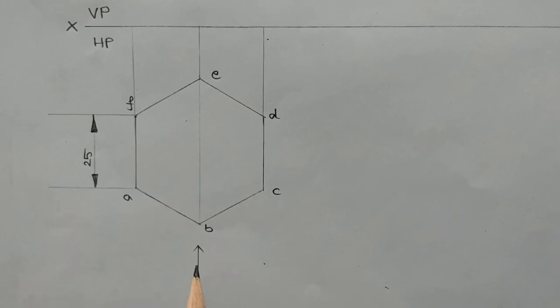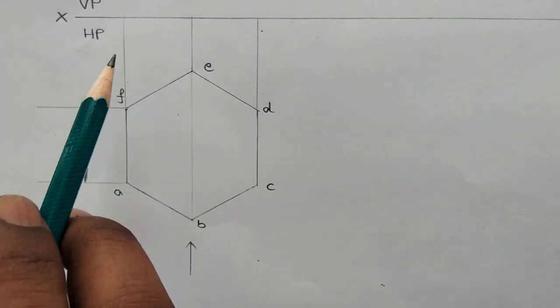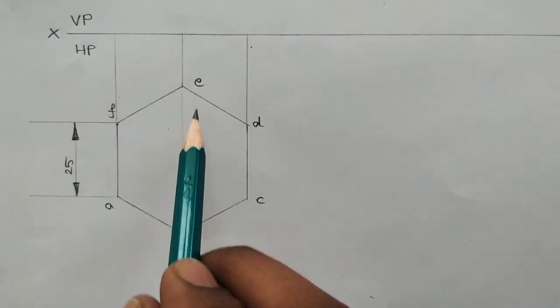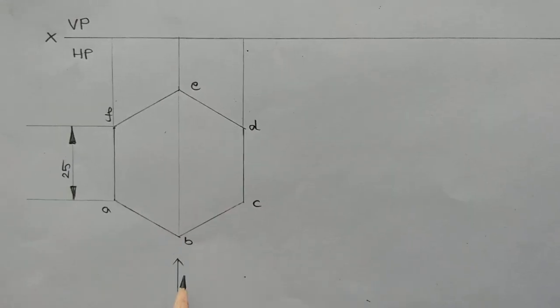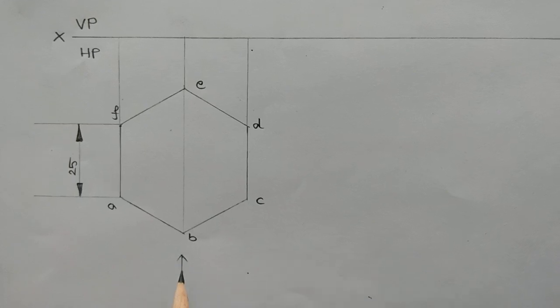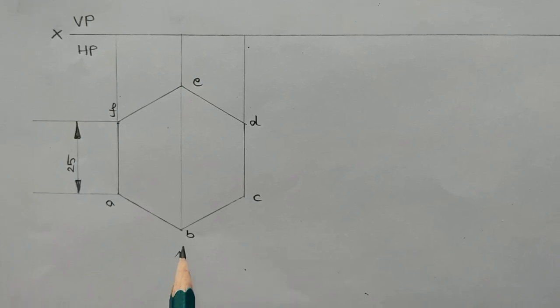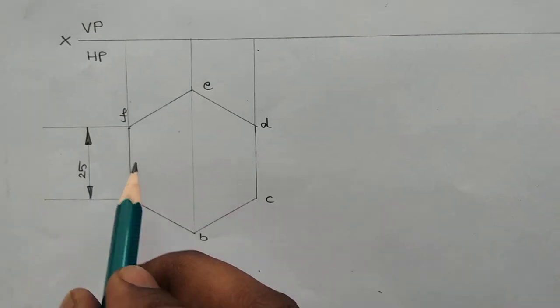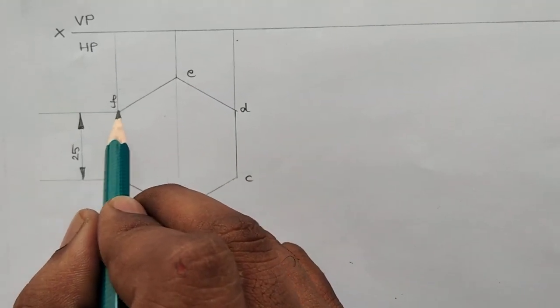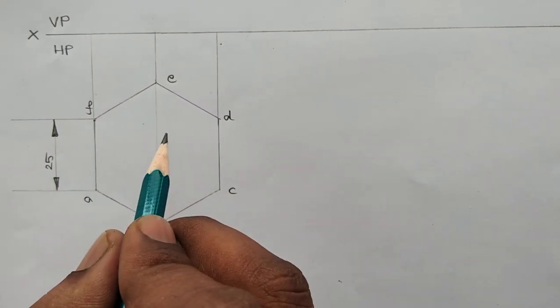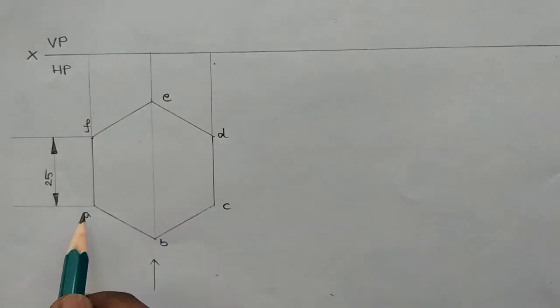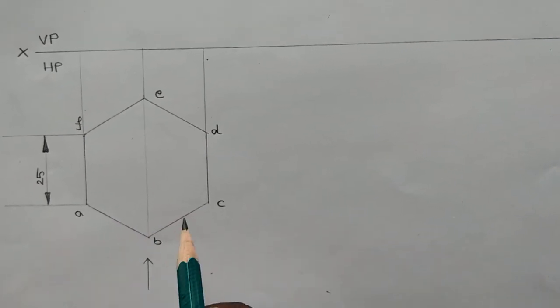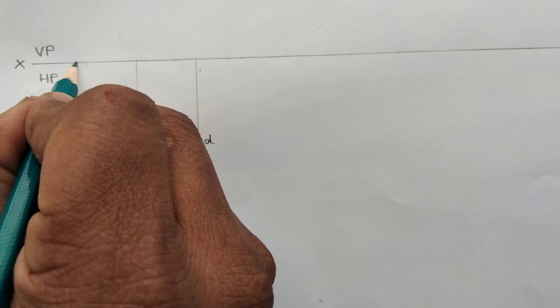Similarly for the purpose of the front view, we should project every point onto the reference line, that means upwards to meet the reference line. Then we can see the plane surface for the purpose of the front view in this way. So at that time ABC points are visible. Similarly DEF are invisible. So always we should keep invisible points within the braces, visible points outside the braces. And that is about the front view.